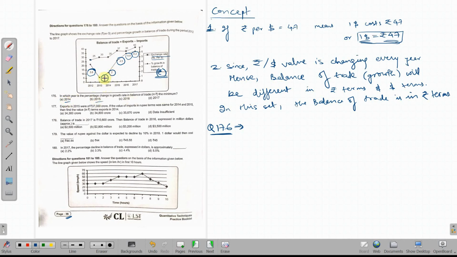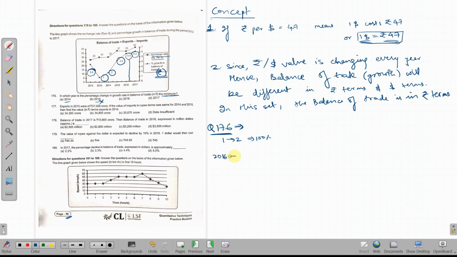So in 2014 it has become 1 to 2. When a number goes from 1 to 2, can I say it has changed by 100%, it has doubled. But from 2014 to 15 it has gone even more than that. So 15 is definitely not the answer, we wanted the minimum percentage change. But when I check from 15 to 16, how do you calculate the percentage change for the year 2016?